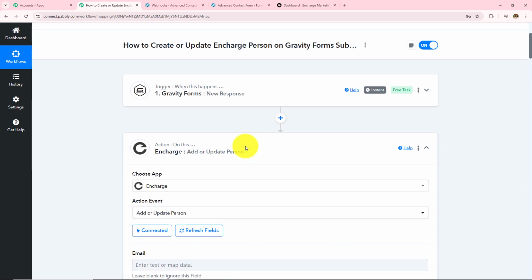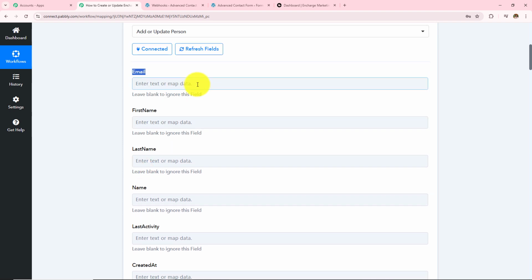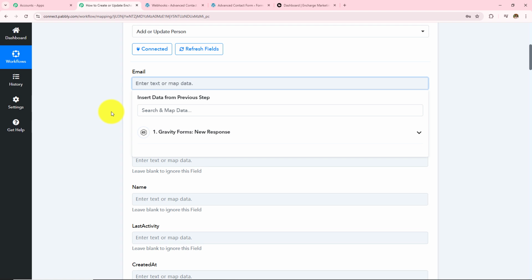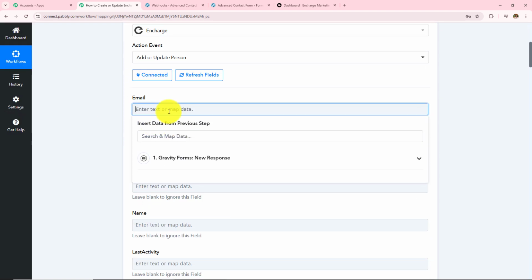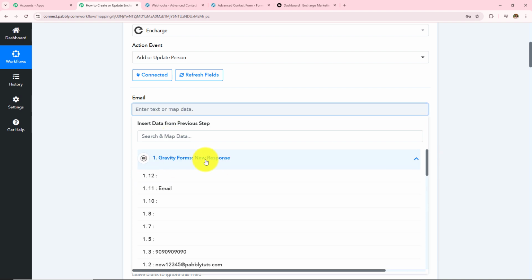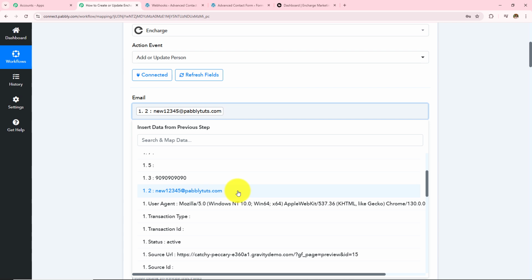So the first one is I have to enter the email address, and I am not going to enter this manually. Instead, I am going to use a method called mapping, which means I am going to enter data from my previous response. So here I have received the response from Gravity Forms, and when I click on this email, I can see this Gravity Forms, and when I click on this, I can see all the responses that I have received from there. Over here I will click on this email